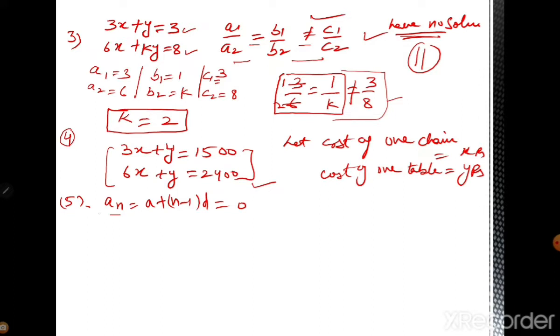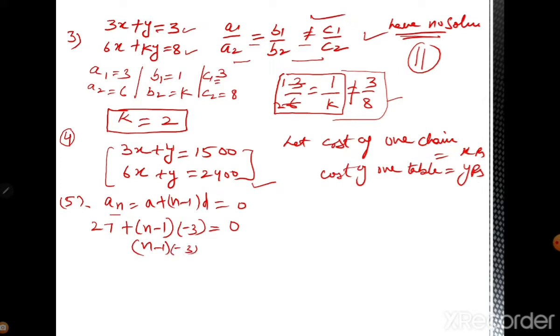So what is your a? 27. We'll substitute the values here. 27 plus n, you have to find out, n minus 1. d is what? Minus 3, second term minus first term, 24 minus 27. That is minus 3. So this will equal 0. So here 27 will go to that side. So n minus 1 into minus 3